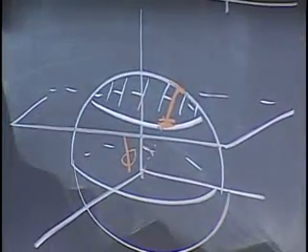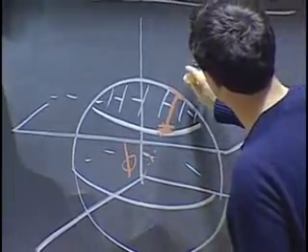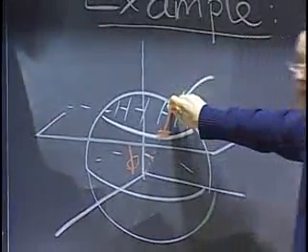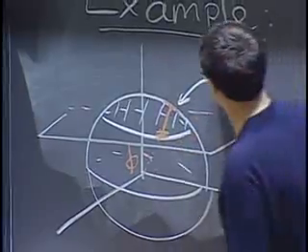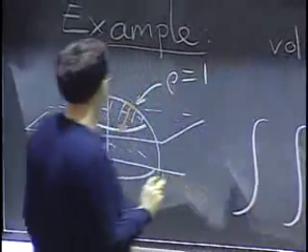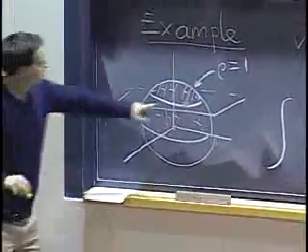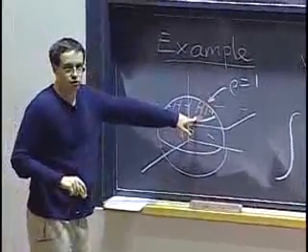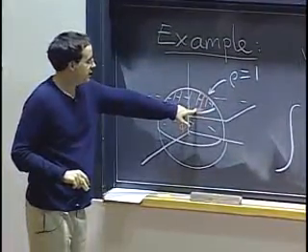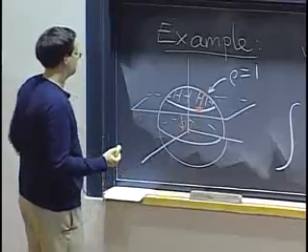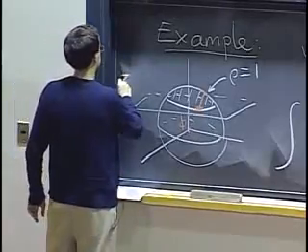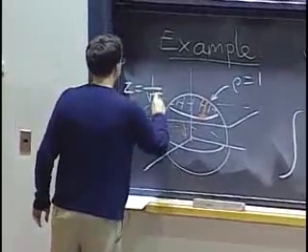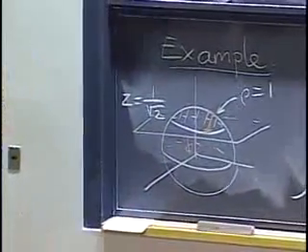So what should be clear is at which point we leave the solid. Right? What's the value of rho here? It's just 1. The sphere is rho equals 1. That's pretty good. The question is, where do we enter the region? So we enter the region when we go through this plane, and the plane is z equals 1 over root 2. So what does that tell us about rho?